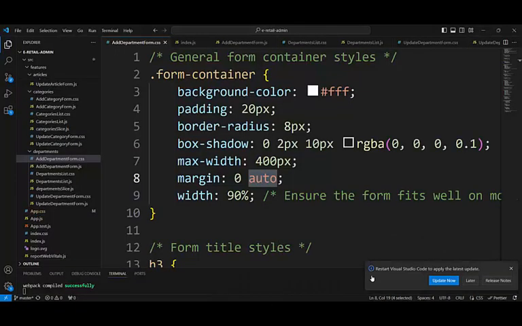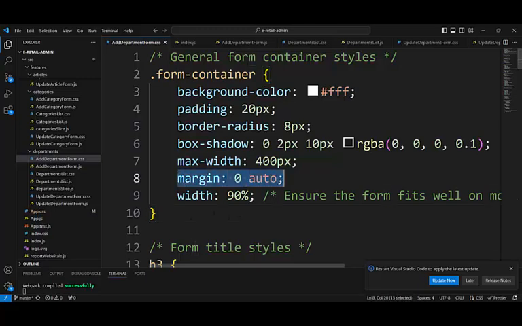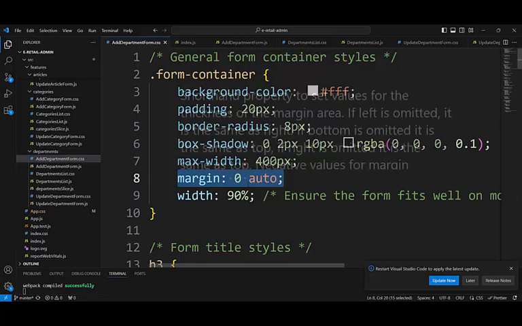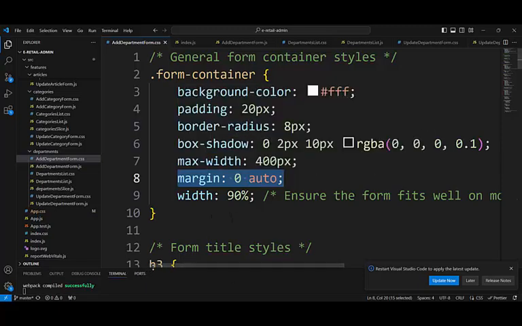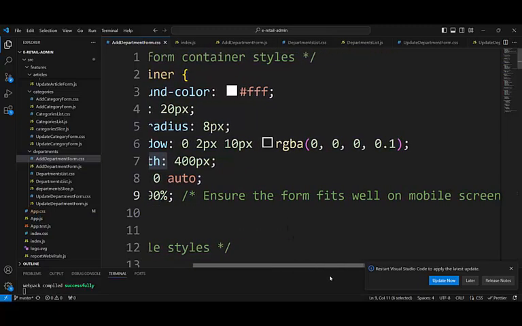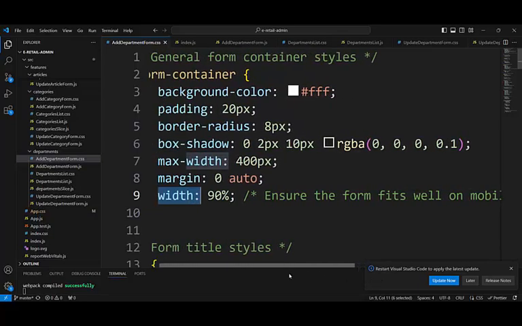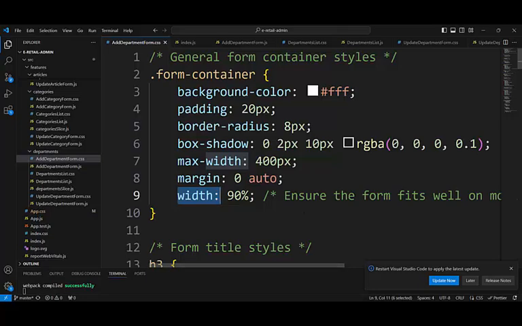Okay, look at it now. It is margin and width. Look, we use padding and margin. Don't use margin. Margin is 0 and auto, and the width. In the comments: ensure the form fits well on mobile screens. What does it mean? It is a comment you can also ask ChatGPT about. What does it mean with